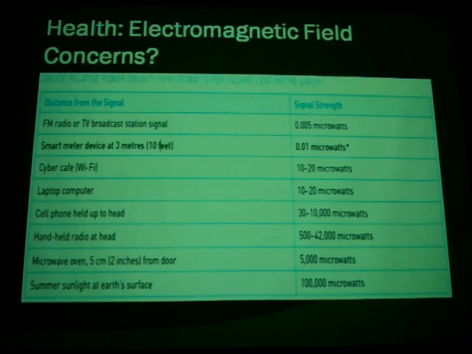A big health concern that comes up with electromagnetic radiation is cancer effects. As you can see on the left-hand side of the table, there are different radiators that use electromagnetic radiation, and the signal strength based on the distance of a person from it is shown over here. Smart meters produce a very small amount of radiation,